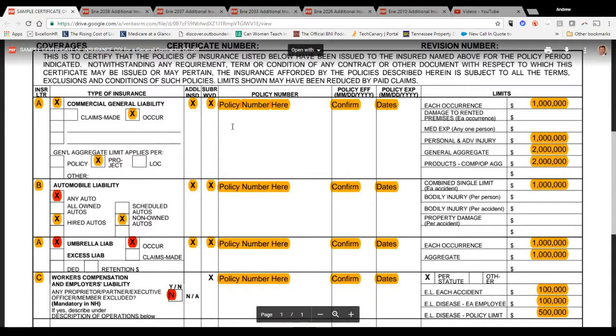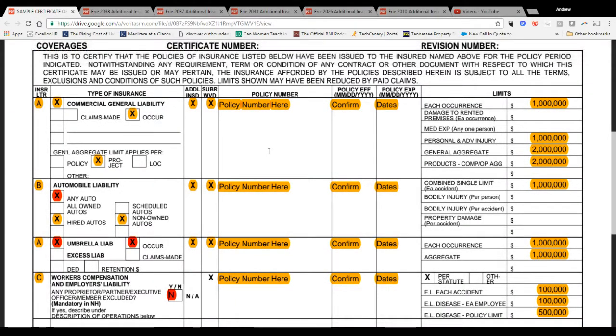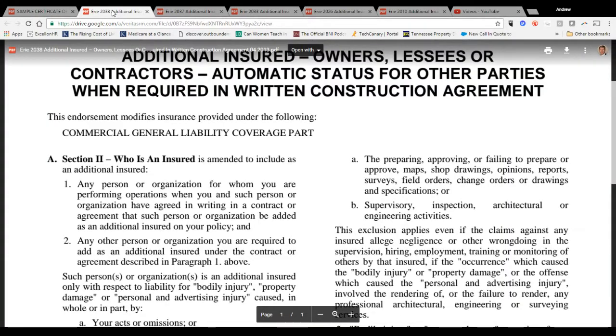The only thing you need to know about here is the policy number and effective dates and limits. Anything else, you need to make sure you have copies of the endorsement. So if you ask someone to name you as additional insured, they say, sure, no problem. You say, hey, have them send me a copy of the endorsement as well. It's easily done. Most companies are paperless nowadays. They can scan it and email it. It's sitting on your same email file with that. If anything comes up, you can pull it. If nothing comes up, you never even have to print it, but at least you know it's there.